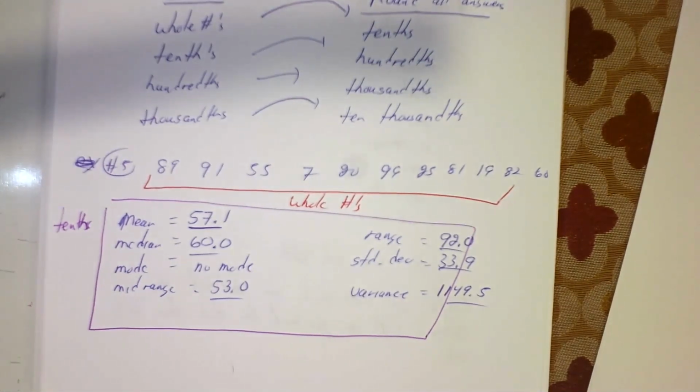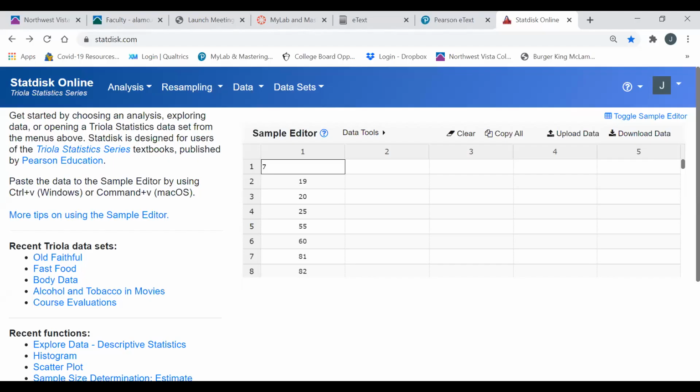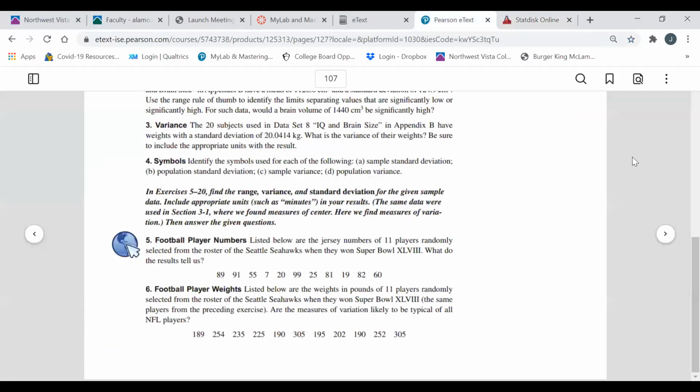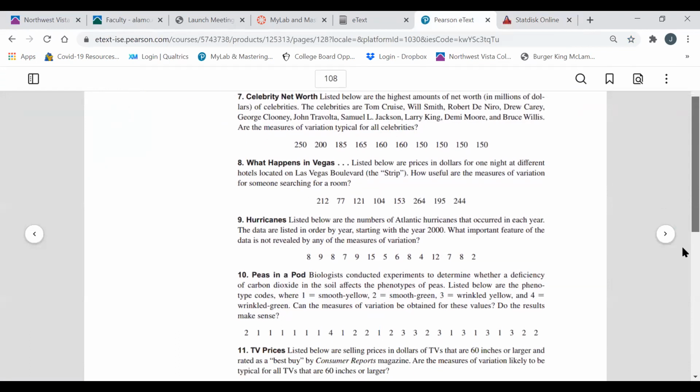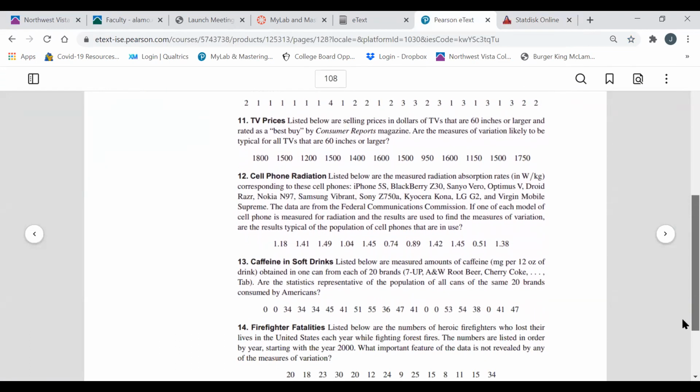Okay, so let's do one that has decimals behind it. I don't see any. There's one. Number 12, cell phone radiation. Okay, so let's do that one. So let me write down the numbers. I know number 12 is not part of your homework, but let's just do it just for the heck of it. 1.18,